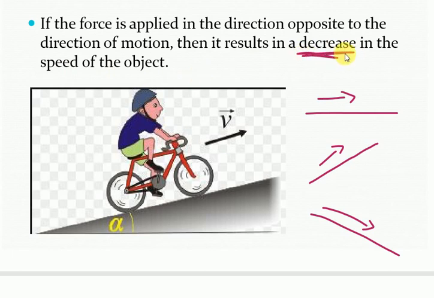Now all of you know how to ride a bicycle. Suppose there are three different types of roads. One is a straight road, another one is inclined, another one is declined. So here in a straight road you can easily ride your bicycle. In the declined one, you can move more than your normal speed, more than your average speed